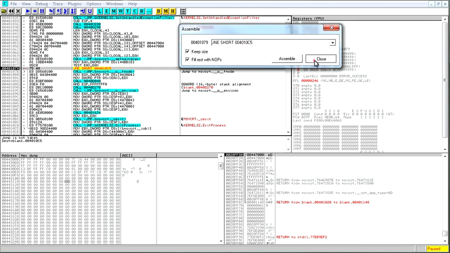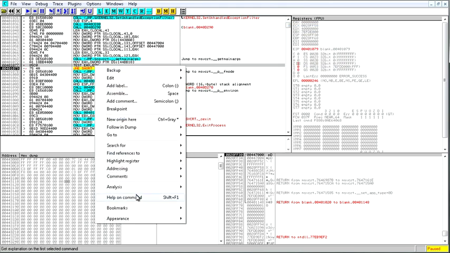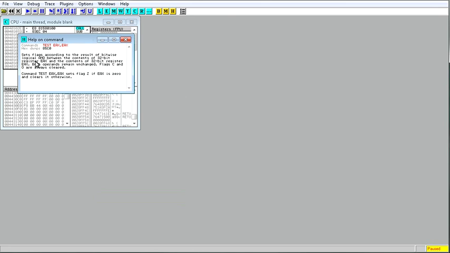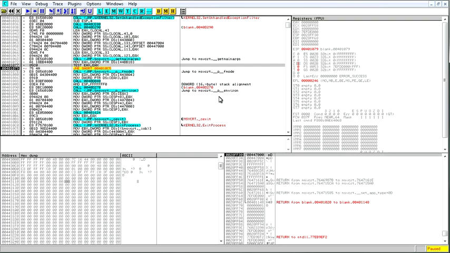So let's see what the help says test EAX does. Sets flags according to the result of bitwise logical AND between the contents of 32-bit register EAX and the contents of 32-bit register EAX. Both operands remaining unchanged. Flags C and O are always cleared. Command test EAX sets flag Z if EAX is 0 and clears it otherwise. So, yeah, it's against itself.